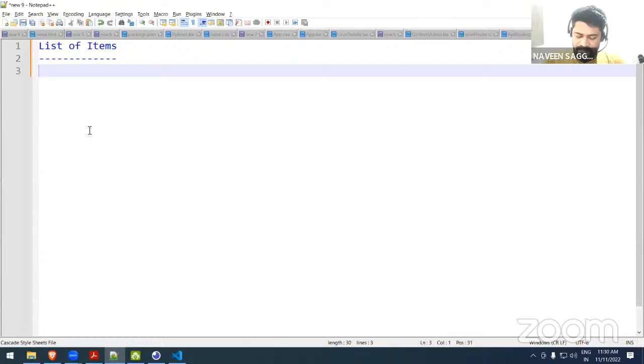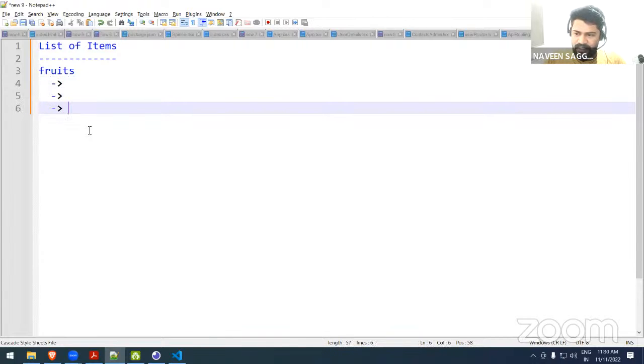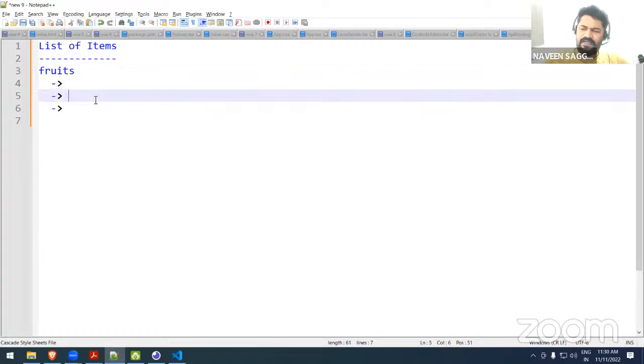Like you have fruits, fruit number 1, fruit number 2, fruit number 3, like that. So if you want to specify some list of items, you go with this. Not only just this one,